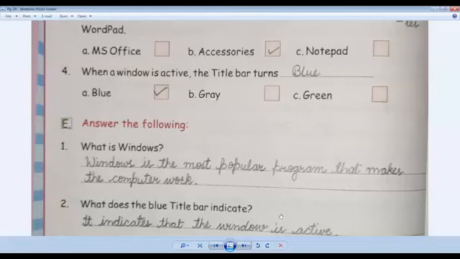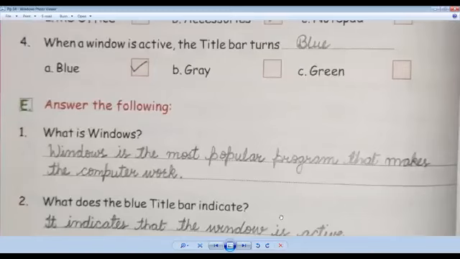So copy down this answer faster. I hope you all can see what is displayed on the screen. Windows is the most popular program that makes the computer work.